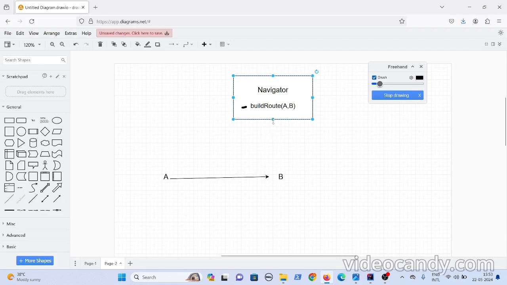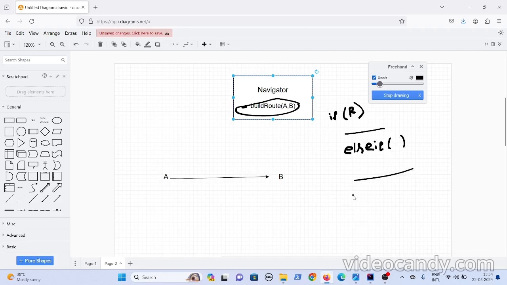Later on I wanted to implement it for water, for the people who go by sea or ocean. Since I'm using the same method, I have added an if else clause. If people go by road, then execute the road logic. Or if people go by water, then execute another logic, using else if. Later on I'll implement logic for pedestrians as well, so I'll put in another else if.